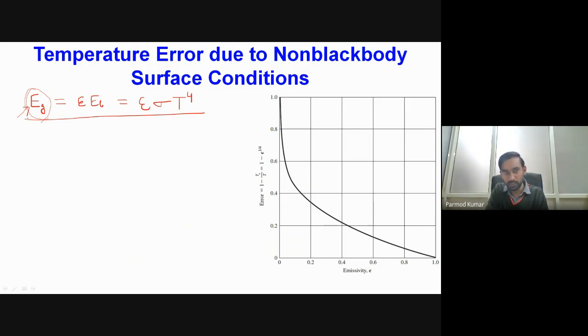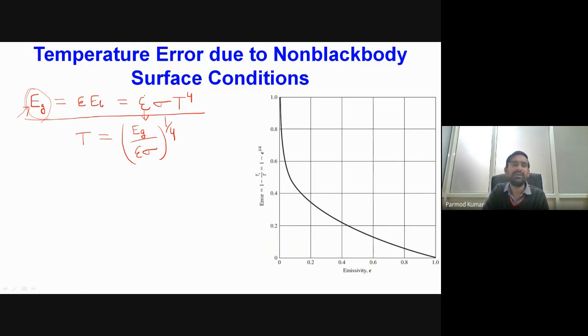So at this particular moment, you have to assume that the value of Eg is known from some device. Okay, so once the value of Eg is known, and if for a particular surface you know the value of epsilon, you can simply determine the value of temperature. So temperature will be equal to Eg divided by epsilon sigma, raised to power 1 by 4. Okay, but one important point is that calculation of emissivity epsilon is not that easy, so its estimation is also a very critical task.